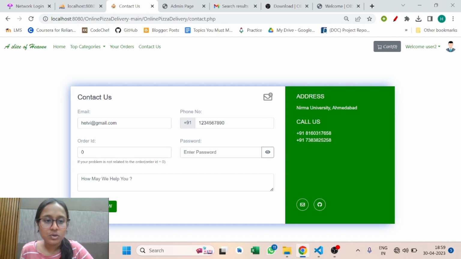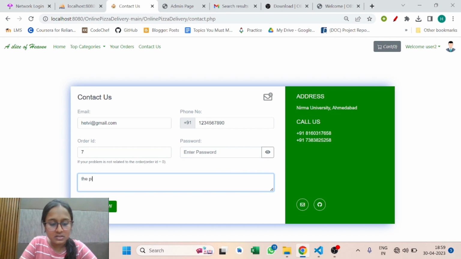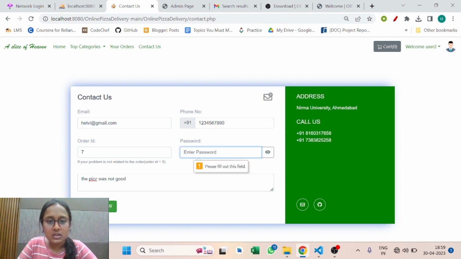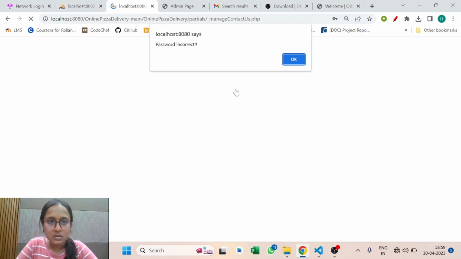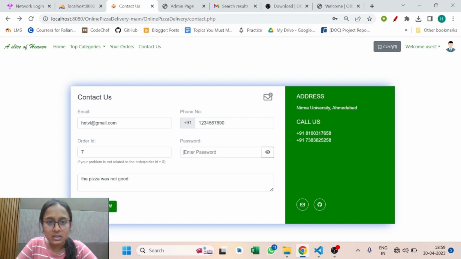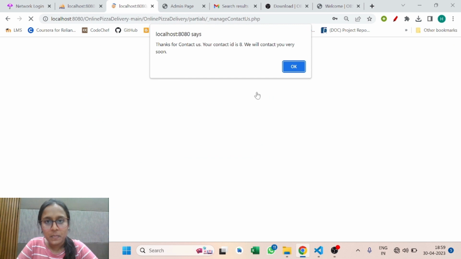Like suppose whatever I have ordered, if I want to post some dissatisfaction, or even if I want to provide any feedback, I can provide, like, the pizza was not good. And if I enter the incorrect password, then I won't be able to post the query. So I have to enter the correct password. So once that is done, that query is posted,